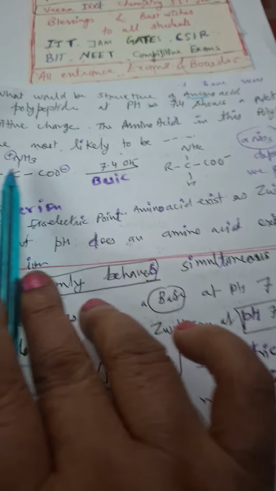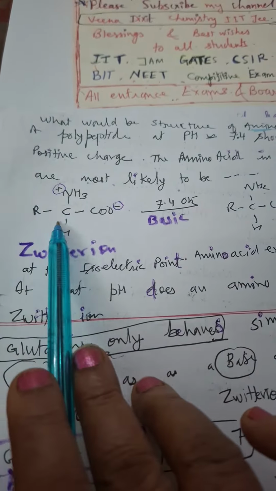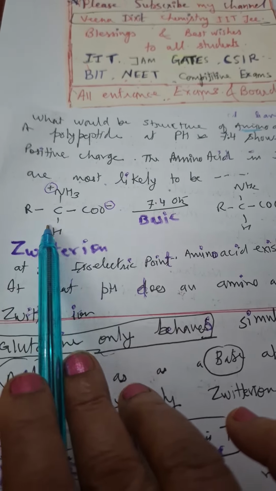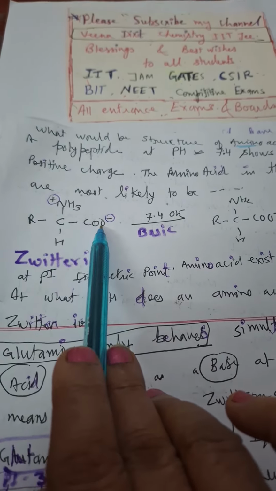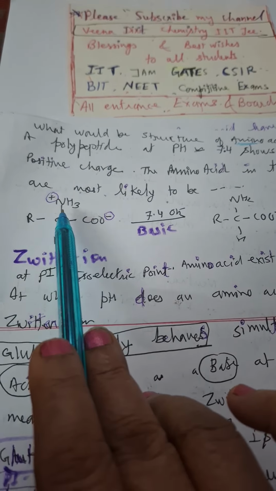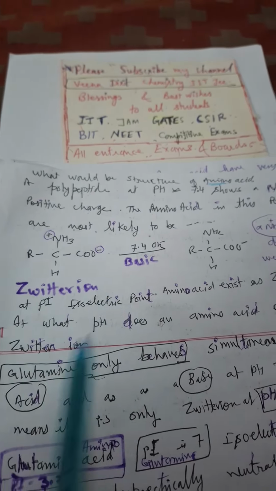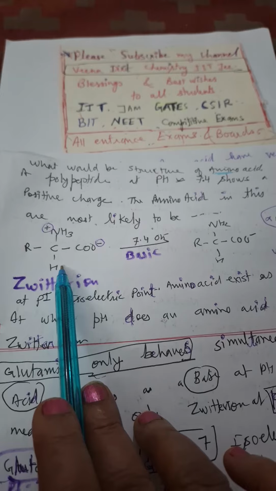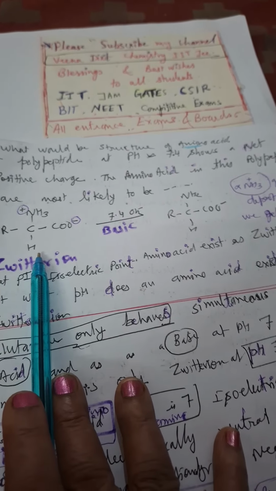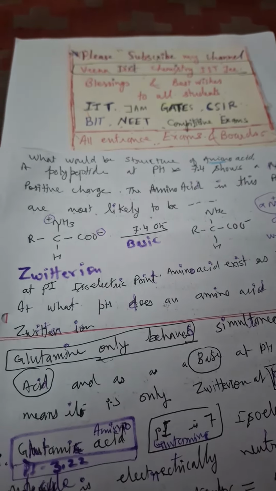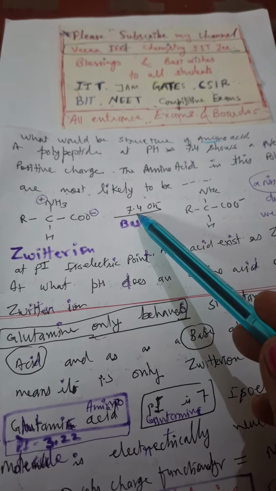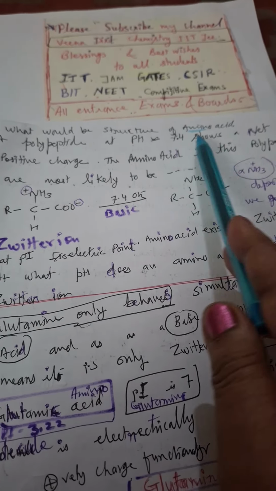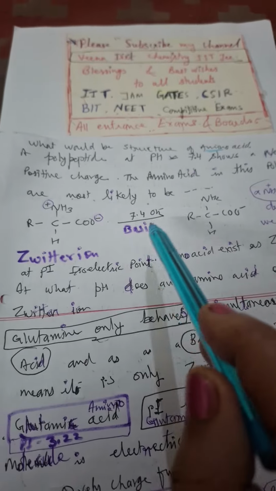So we will see that suppose this is the structure of amino acid, R, C and alpha carbon bearing COO negative carboxylate ion and positively charged ammonium ion. Okay, this is H. This is zwitterion. So as I told you, in aqueous medium most of the amino acids act as a zwitterion. But when pH range is more than 7, it is 7.4. They have given 7.4. What does it mean?